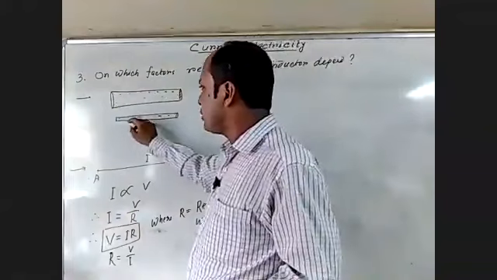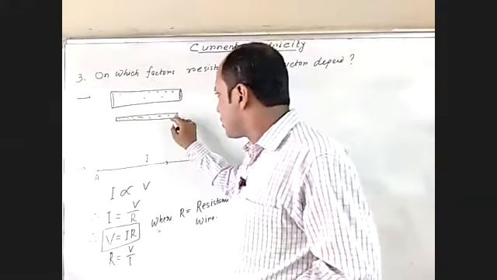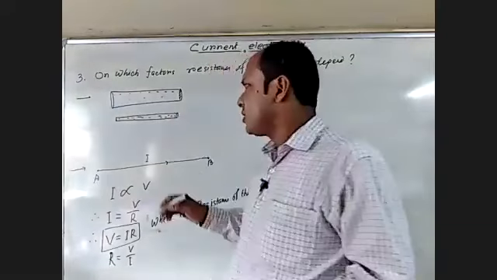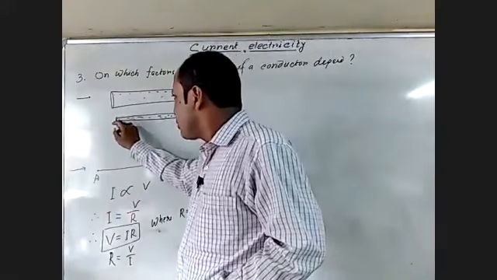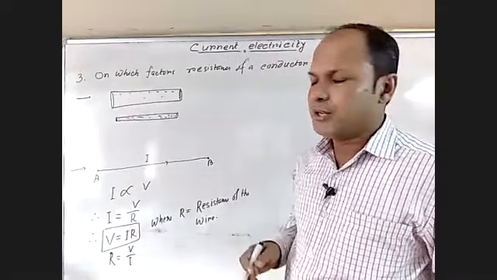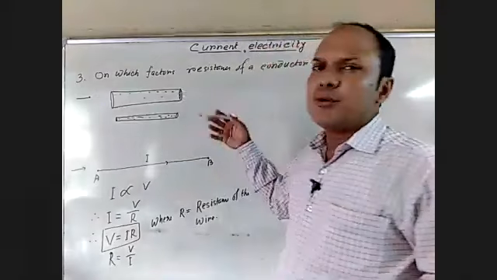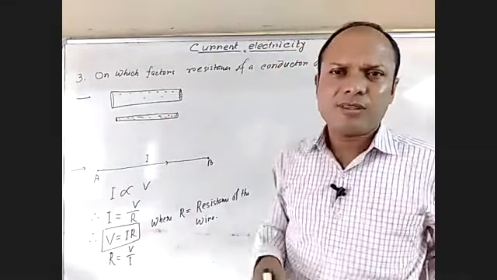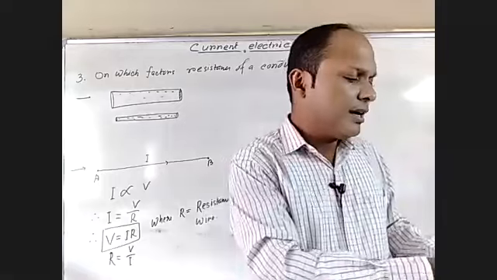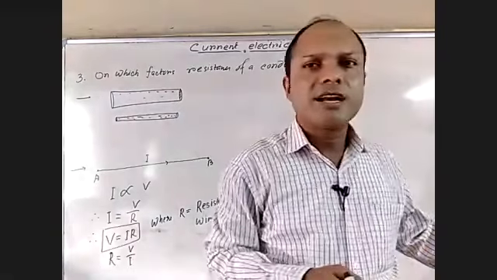Definitely the wire having a lower, small cross section. The wire having a large cross section will offer low resistance. Thin wire, very good. So through the thick wire, current will flow easily, and through the wire having less cross section, current will flow